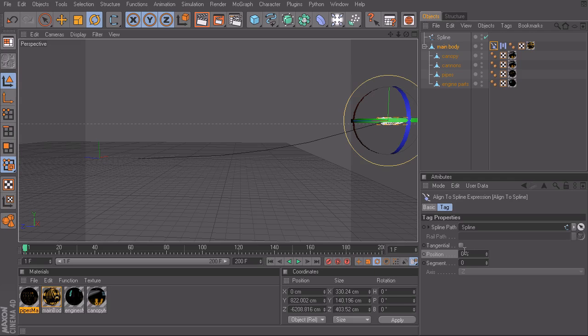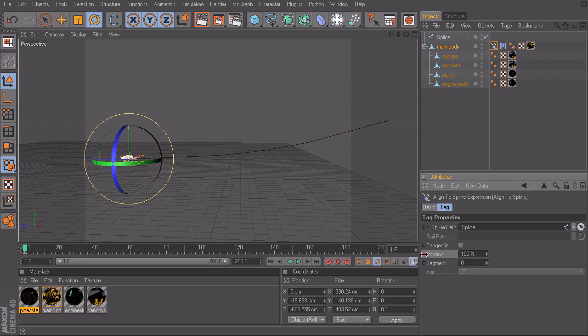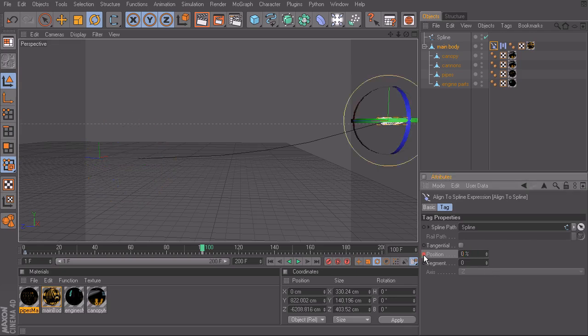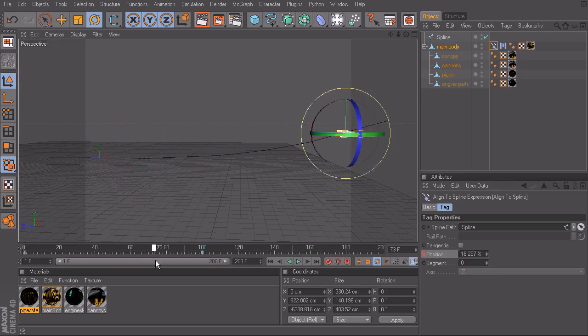All right, so on frame 1, that's actually going to be 100%. On the position, set a key on frame 100. We'll put in a value of 0. Control click to record another key, and I'll turn on